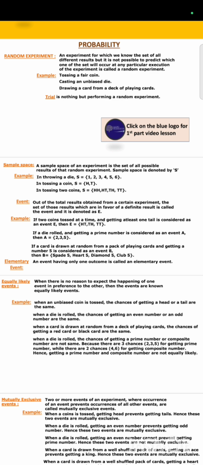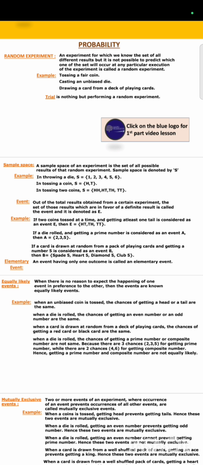Just now we discussed that after tossing a coin, we know that we will get head or tail. Later we need to discuss one more important definition: elementary event or simple event. Any possible outcome in the random experiment is called an elementary event or simple event. So after tossing a coin, getting head or tail are elementary events. When we roll a die, getting 1 or 2 or 3 or 4 or 5 or 6 are elementary events.